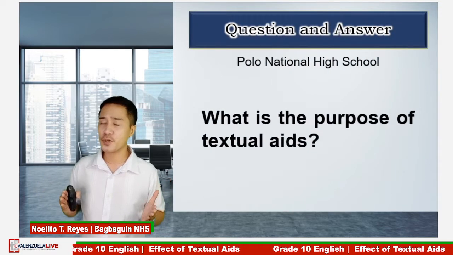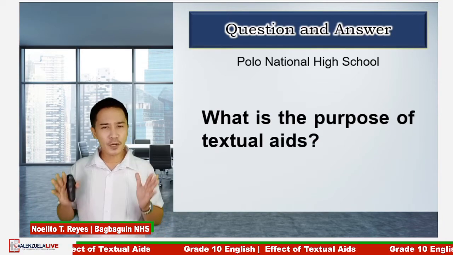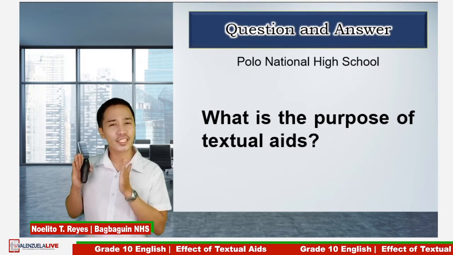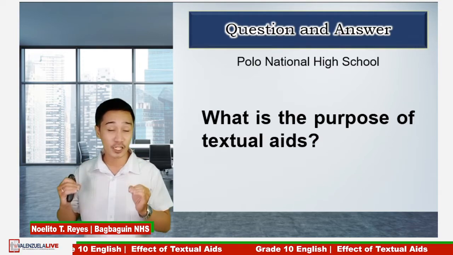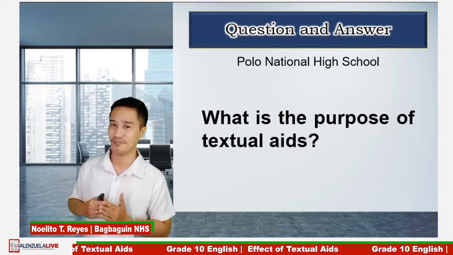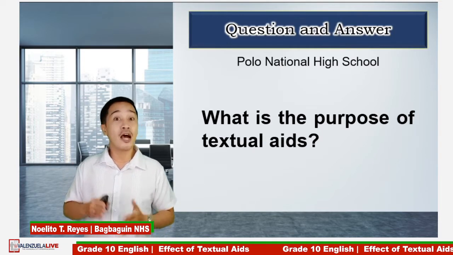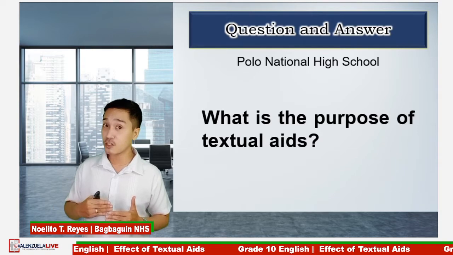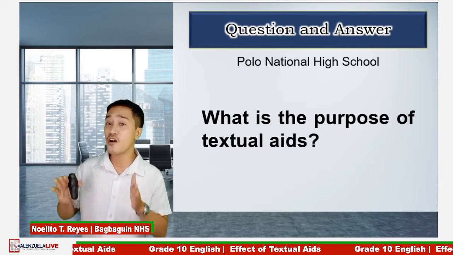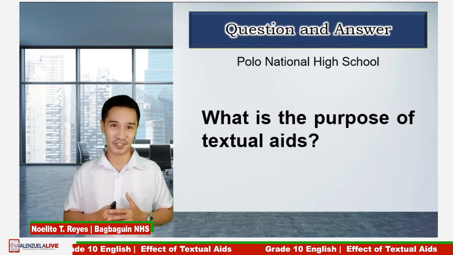What is the purpose of textual aids? Well, to name a few, the purposes of textual aids are to reproduce some major text materials in visual and spatial format, to give an overview of important information, to show relationships of different text elements, to add numerical information to some given verbal data, to provide a summary of the main points, and to provide visual variety on the page. Got it?